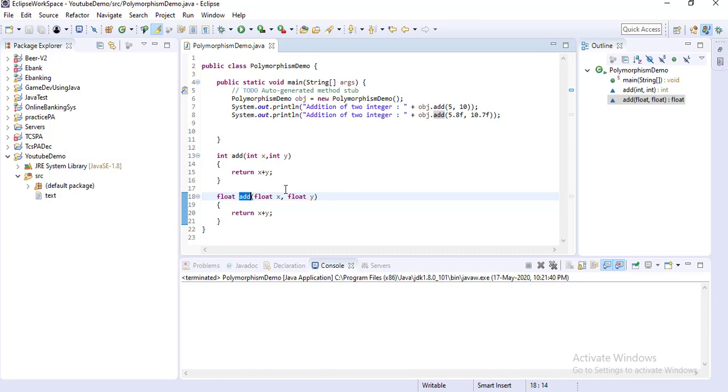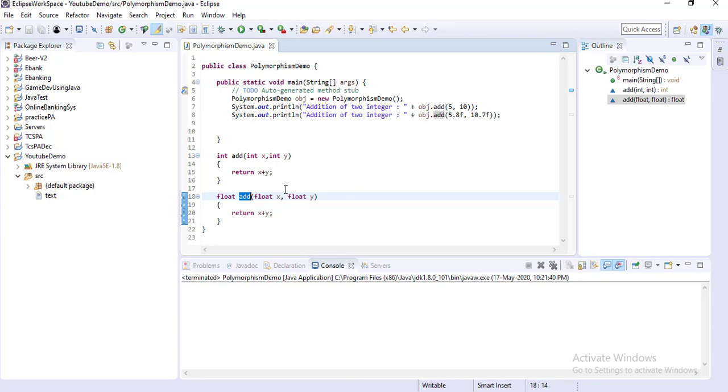The developer will write the add method with different variables so that whatever the end user calls, a matching add method is there and returns the corresponding addition of two numbers. So it is the developer's responsibility.